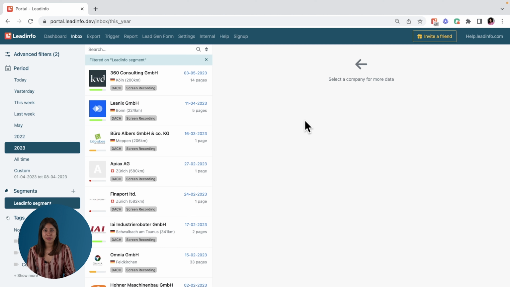Once it's saved, you can find your segment underneath the segments on the left bar in the inbox. If you click on it, then you easily see an overview of all the companies that meet the rules of